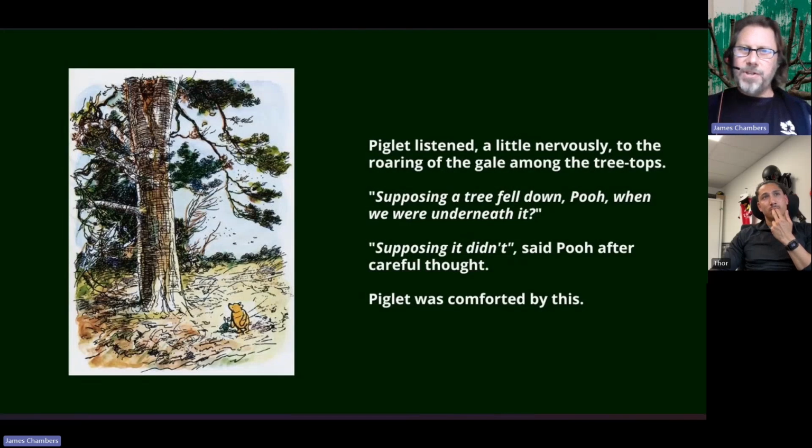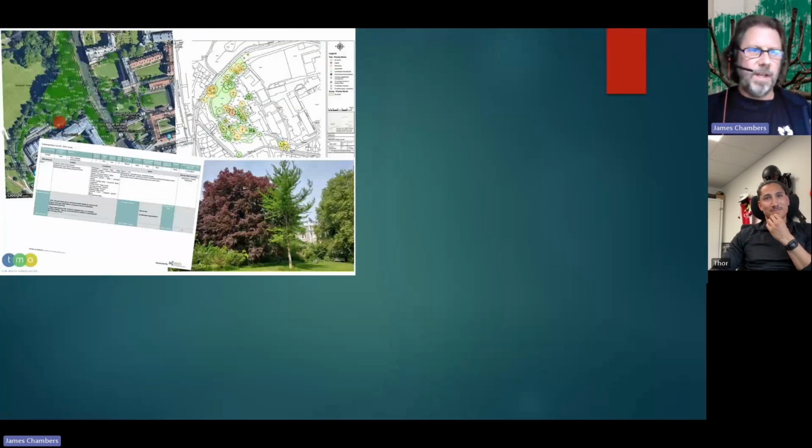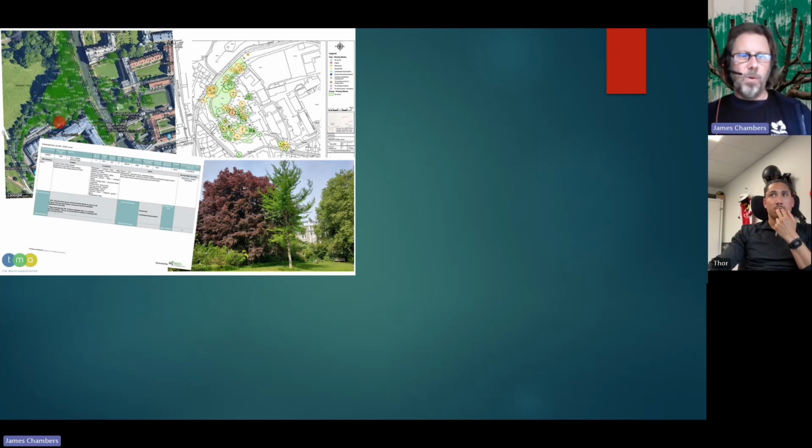But a slightly more realistic way to manage trees would be to record them. So you survey them. You have your professional council arb team, or consultants. Tree officers are consultants for the council. They're all professionals. They know what they're doing. They understand about trees as much as any of us do. They can come up with a plan. They can record the information about the tree, look for issues that might cause a problem in the future,